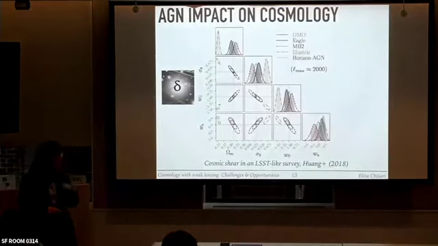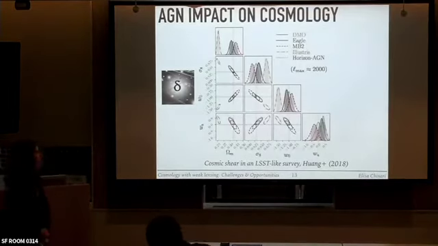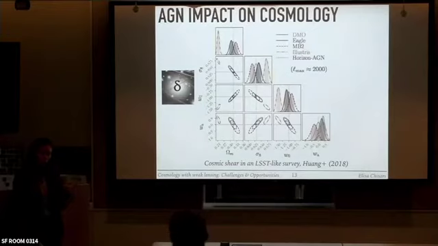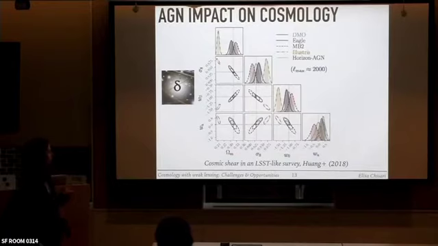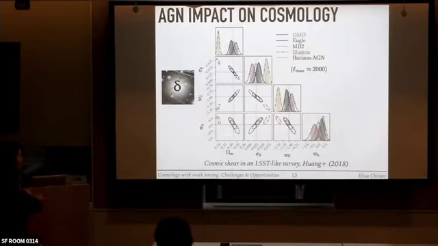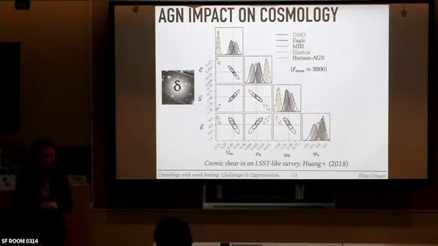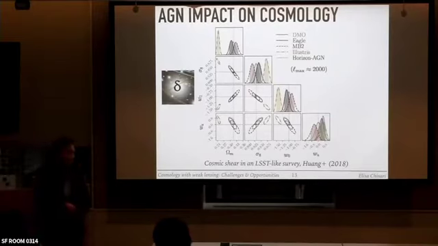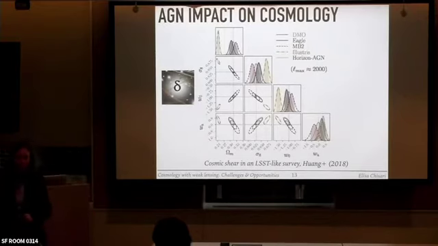And for example, let's say that we compare the case of a universe that's only dark matter to the case of a universe that has galaxies and supermassive black holes in it. So if the true universe is at the center of these crosses, and you're trying to obtain cosmological constraints for this universe, assuming that it's dark matter only, you can get very high bias with respect to the true parameters if you don't model in the effect of the galaxies, okay? So at several sigma, you could end up very highly biased in your constraints for the equation of state of dark energy, for example, if you don't account for this formation of the galaxies and evolution of the galaxies in